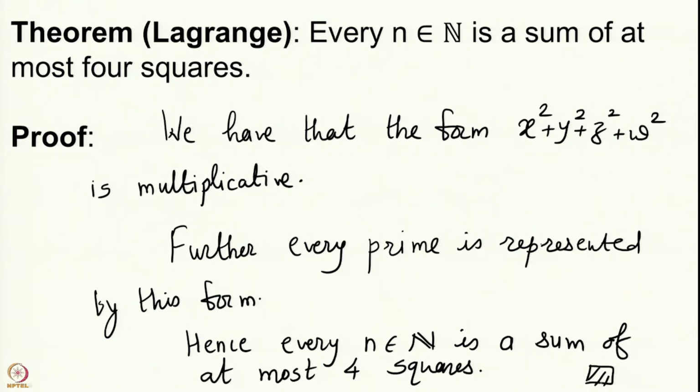Remember also that our proof is somewhat constructive. For 2 we have constructed the numbers whose sum of squares gives you 2, and similarly for every prime the method that we have given will also tell you how to construct the expression for p as a sum of 4 squares. And once you have it for every prime, then for every integer you write it as a product of primes, and then for each prime factor you have the expression. So, you have the expression for n.